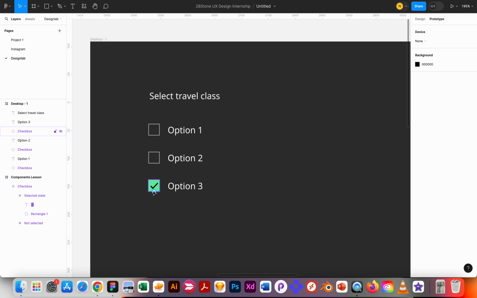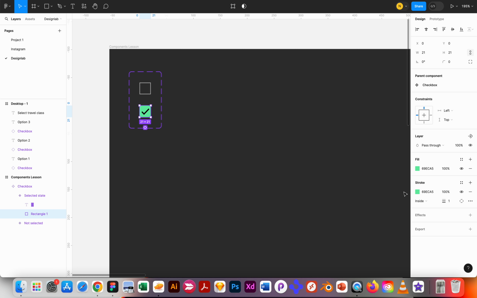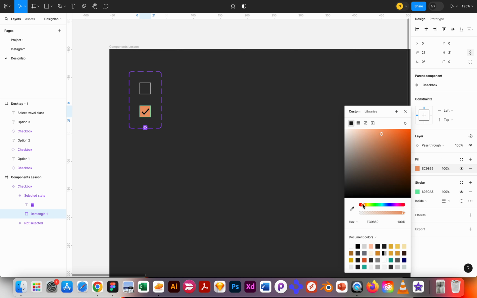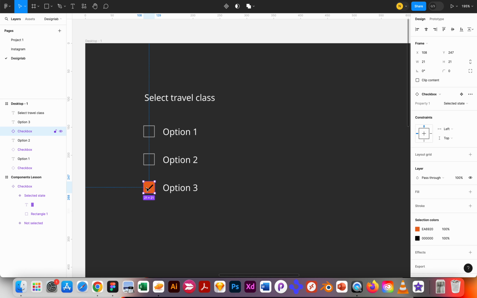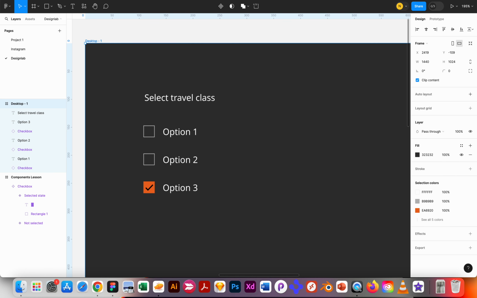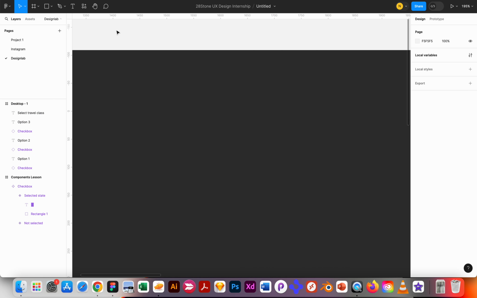You can also, for example, change the color in the main component, if the client wanted red or whatever, or change the size to be smaller. Now in the design it will also be changed automatically, and your clickable prototype will also be changed. So yeah, this is the first one. Second,